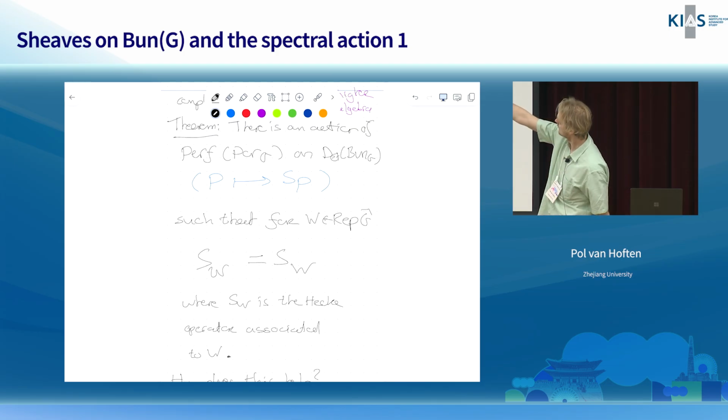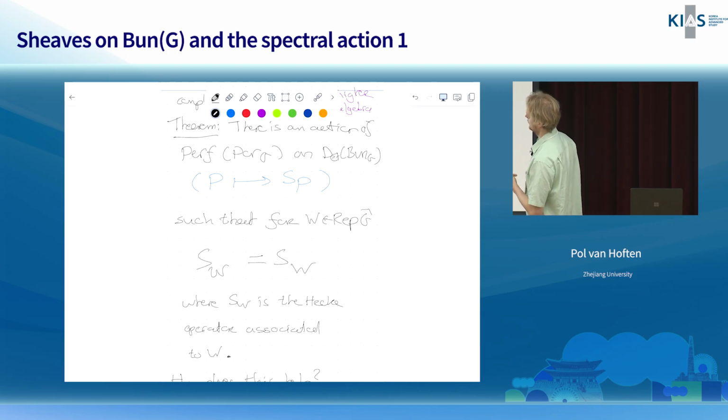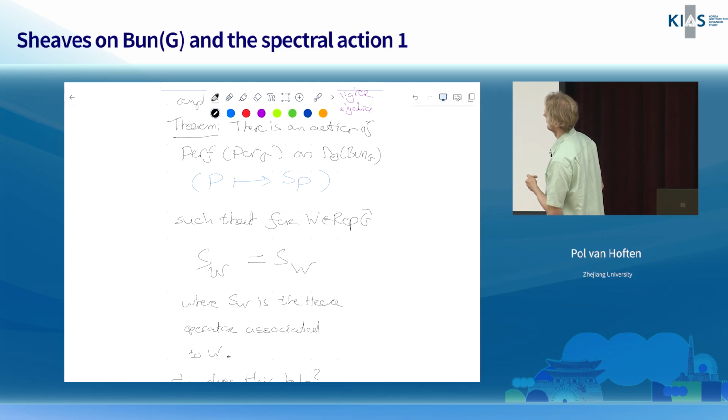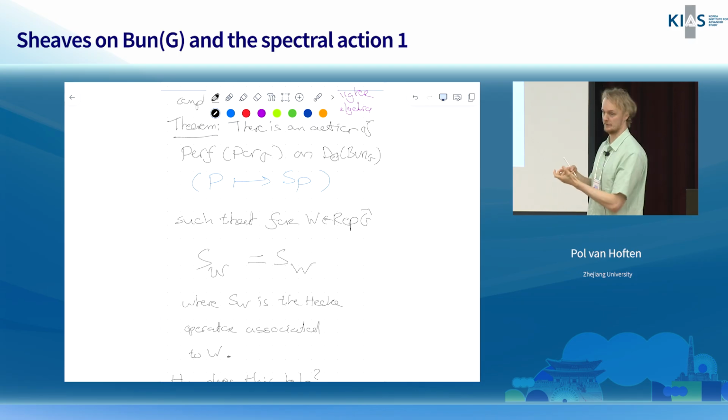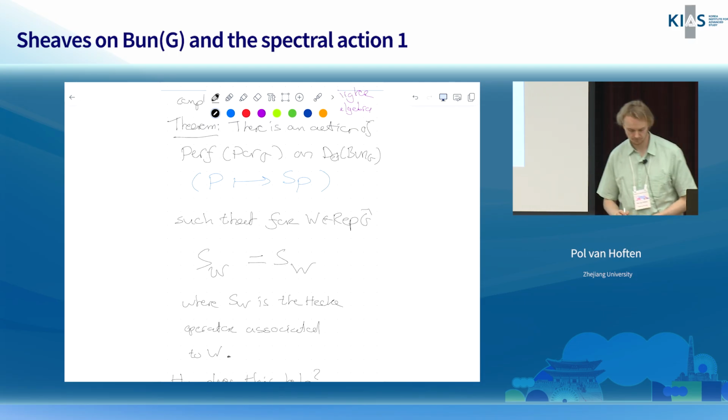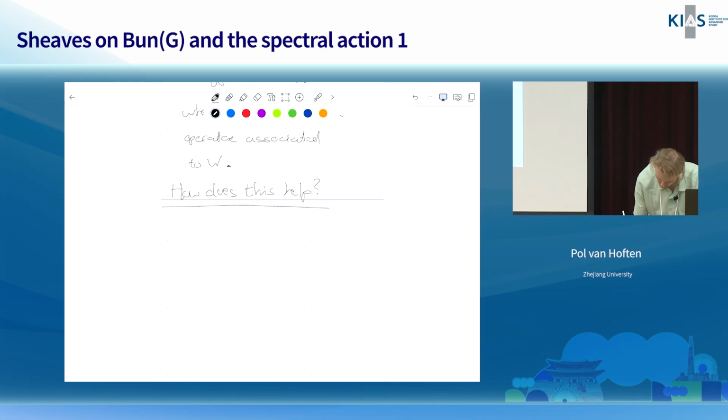Okay, so I said for every object, I get an endofunctor, but because we're doing higher categories, also for every morphism, I get a natural transformation of endofunctors. Okay? So in particular, because it's an action of an algebra, the identity object, so O, should act as the identity on the other side. That's an algebra action. One acts trivially in the higher categorical sense. So how does this help? So one consequence